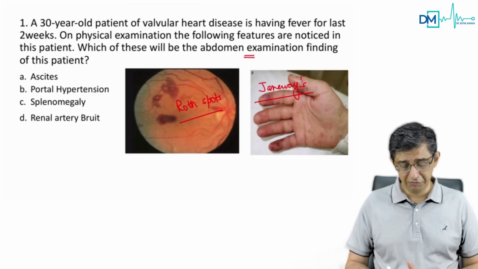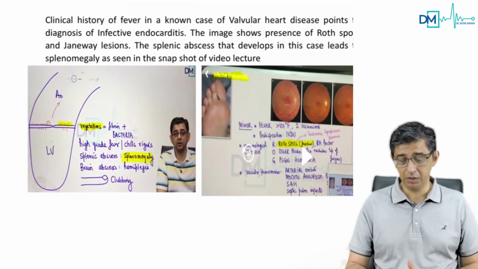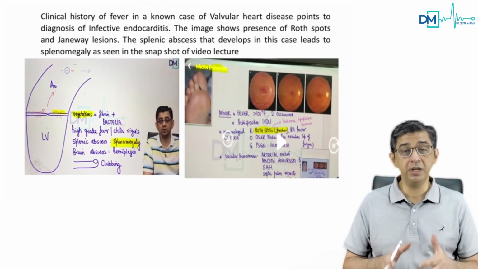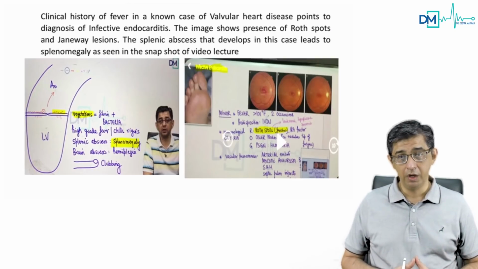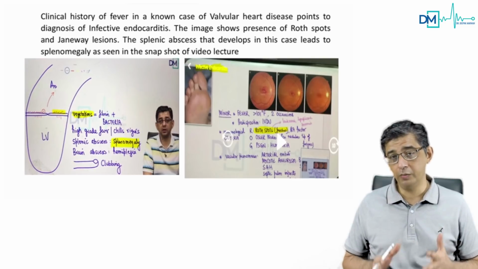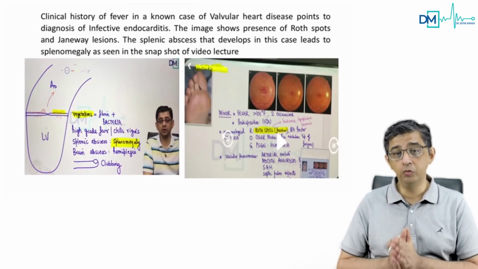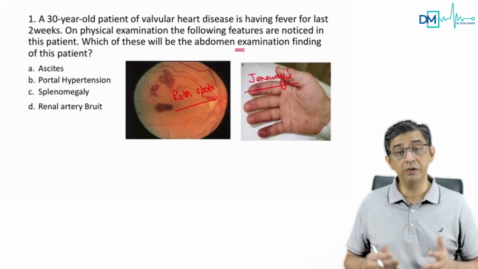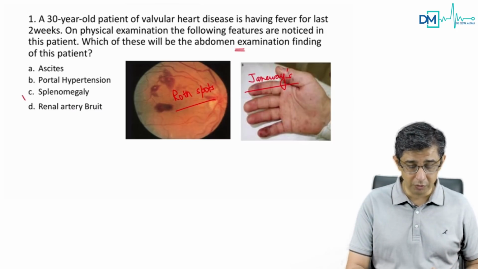You know very well, and I'll just show a snapshot from the medicine app. You can see that in the FMG section, in the infective endocarditis component, I've highlighted that there would be vegetations, or millions and trillions of bacteria growing on the surface of the valve. A large number of these bacteria will be embolizing out of the heart towards the spleen, and you would have a splenic abscess. And there you have it. If you have a splenic abscess, what will it cause? An enlarged spleen in the patient, and that will contribute to the development of splenomegaly.